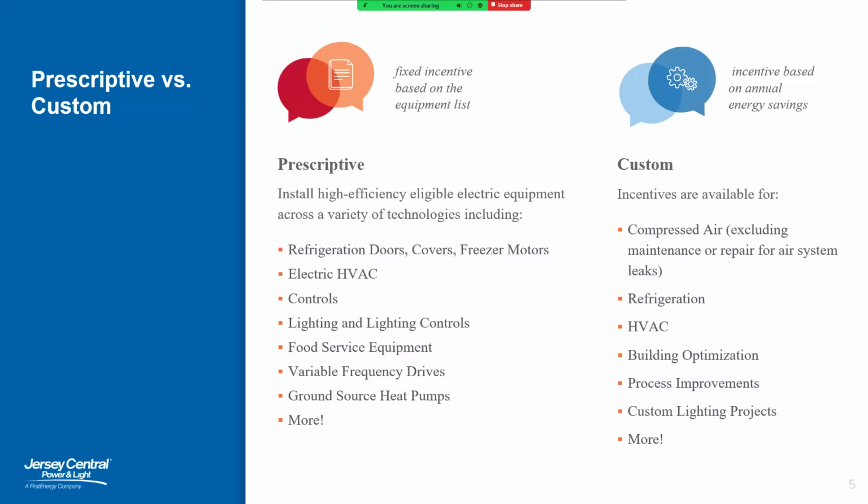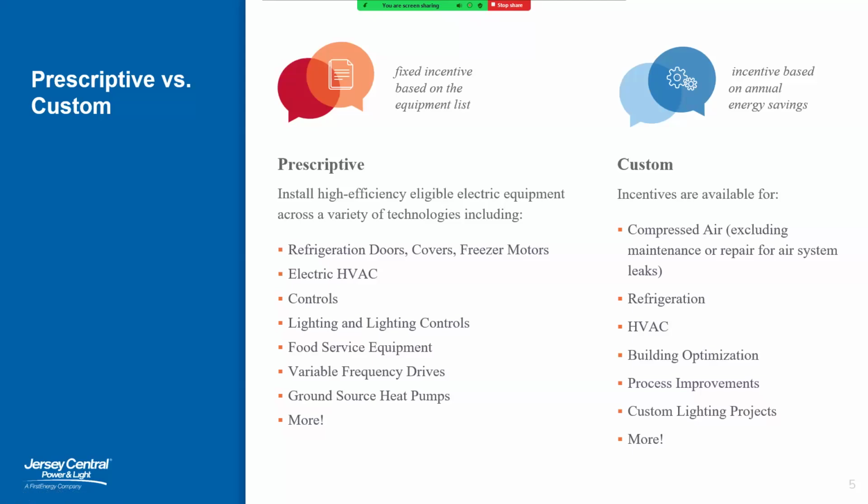Now, you will find the equipment that qualifies for a prescriptive incentive within our program guide. We highly encourage you to take some time and review the information within the program guide. The first few pages provide an overview of the program as a whole, and then it dives into the programs. You will see the different types of equipment listed there that qualifies for a prescriptive incentive, and then you will see that set incentive noted within the program guide. So you can do the necessary calculations on your own to determine what type of incentive you will receive